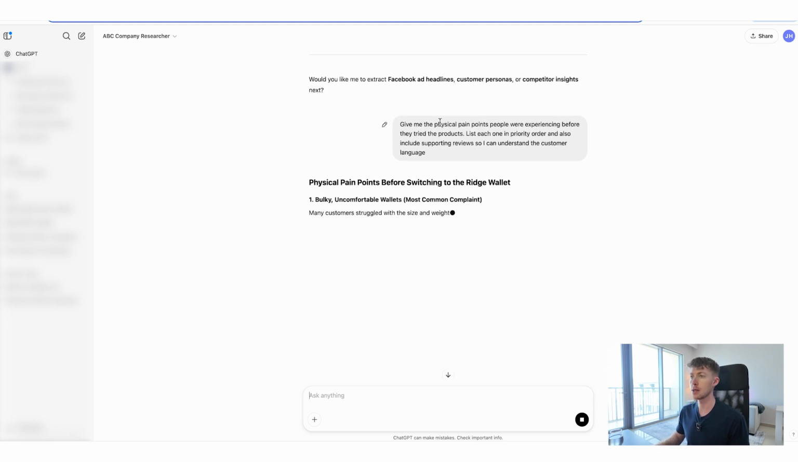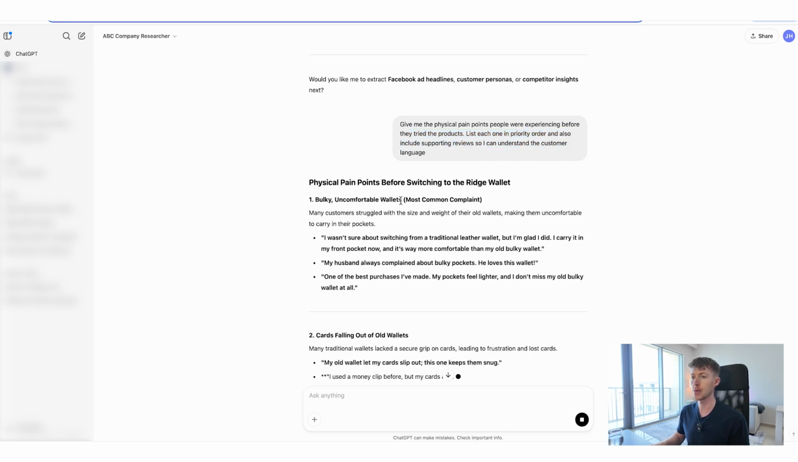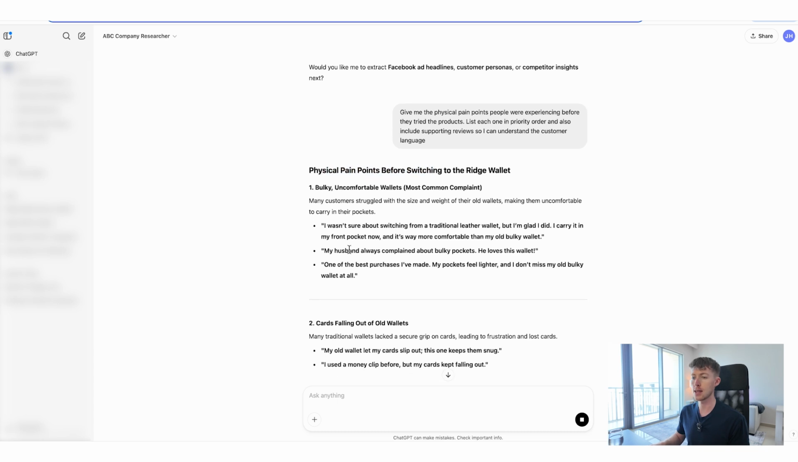The question is: give me the physical pain points people were experiencing before they tried the product, list each one in priority order, and also include supporting reviews so I can understand the customer language, okay? So it is physical pain points before switching to the Ridge wallet, and it's giving them to me in priority order, and also includes supporting reviews. It is highlighting actual quotes from those reviews that I can use to understand what language the customers are using,